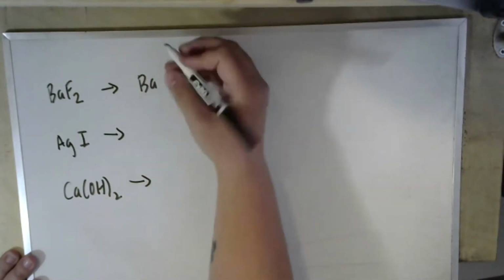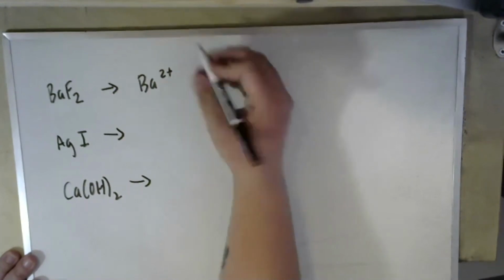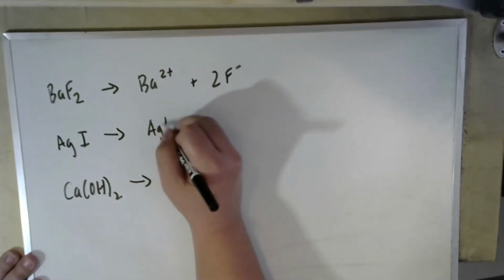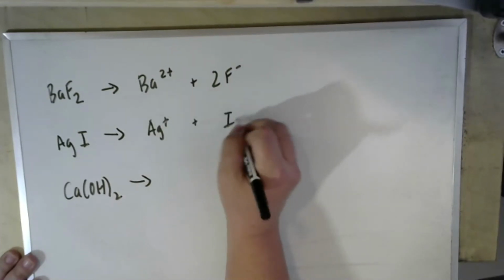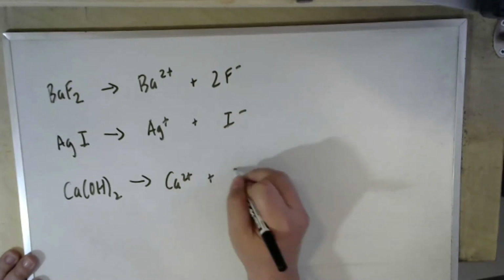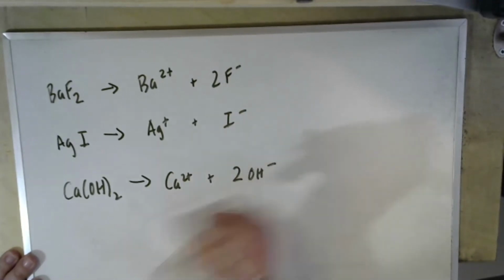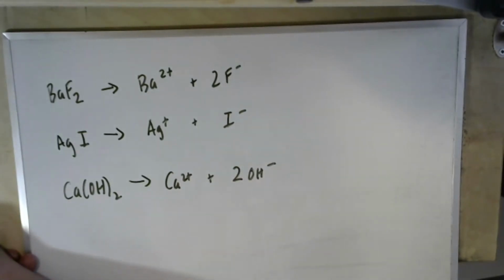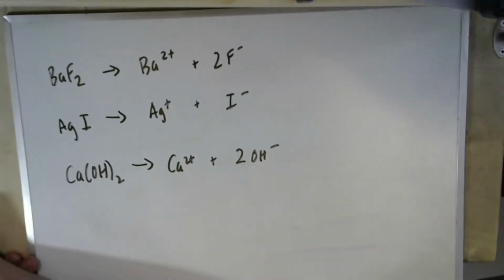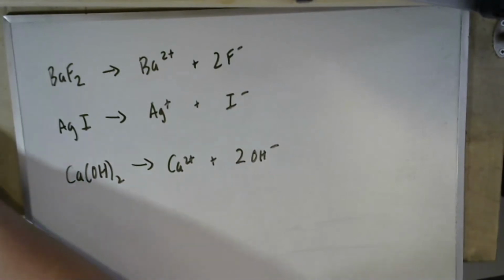So here we have Ba2+, 2F-. Here we have Ag+, I-, Ca2+, 2OH-. Okay, now, right off the bat, without doing anything else, you should be able to look at that calcium